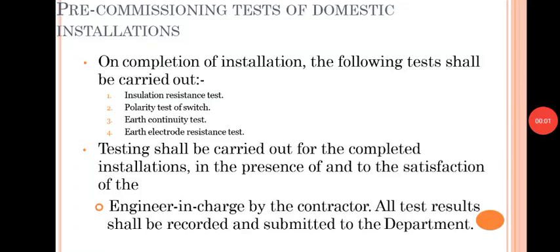Welcome to this class. Here we study the last topic of the second module, that is pre-commission test of domestic installation. So pre-commission test is carried out before commissioning the domestic installations, that is home installations. Before commissioning, we should see that the wiring which you have done is meeting the